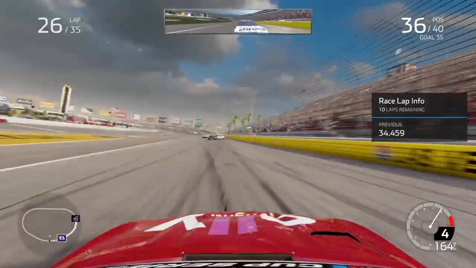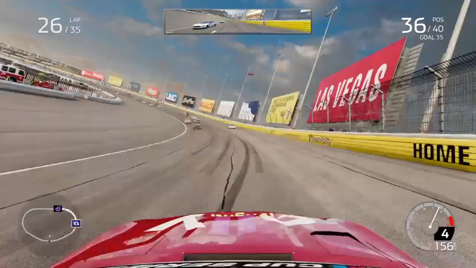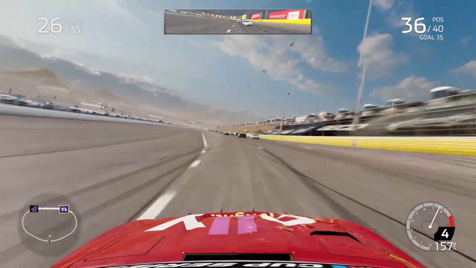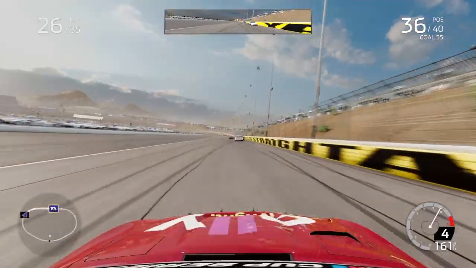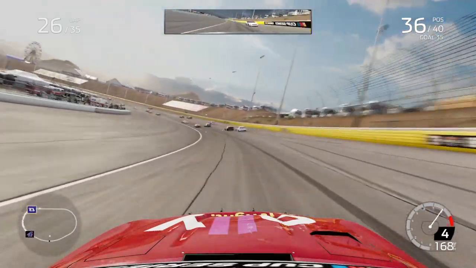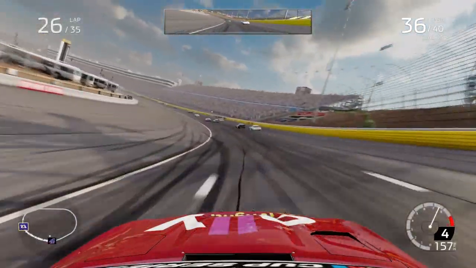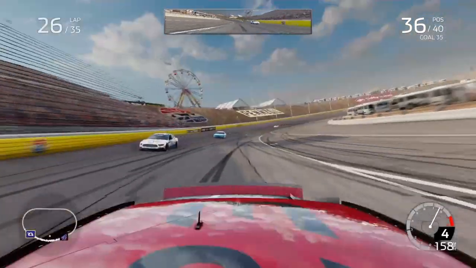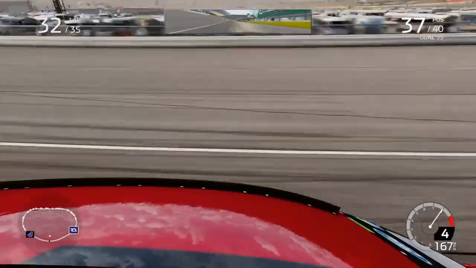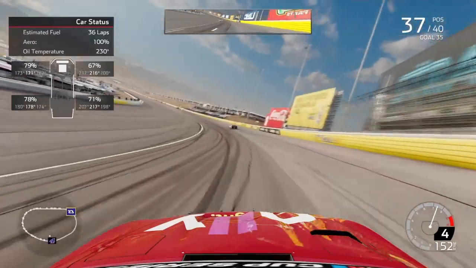I'm trying to take some inventive lines, thinking outside the box to gain some time, but I don't think we're going to make this one stick, and I think we might just sit 36th or 37th, but I guess you never say never until you cross that checkered flag to end the race, as we're now on to lap 32, then into turn 1. 37th lost the position to Reagan,